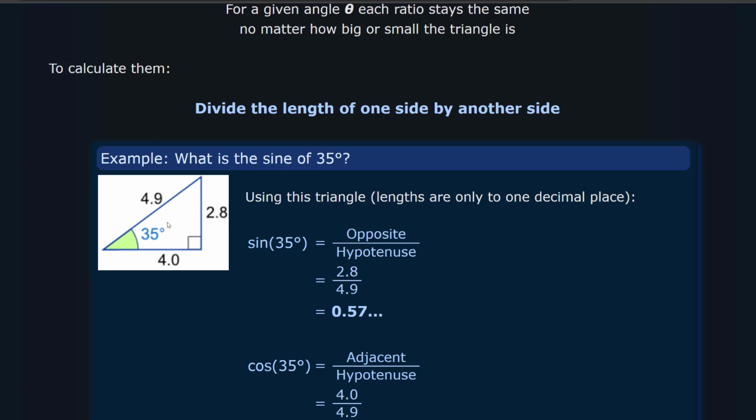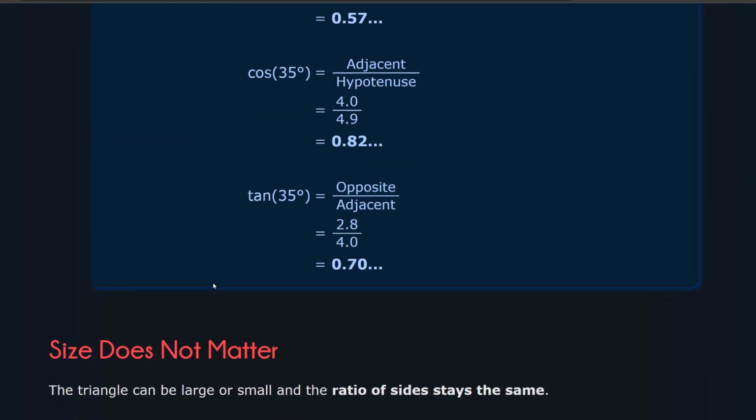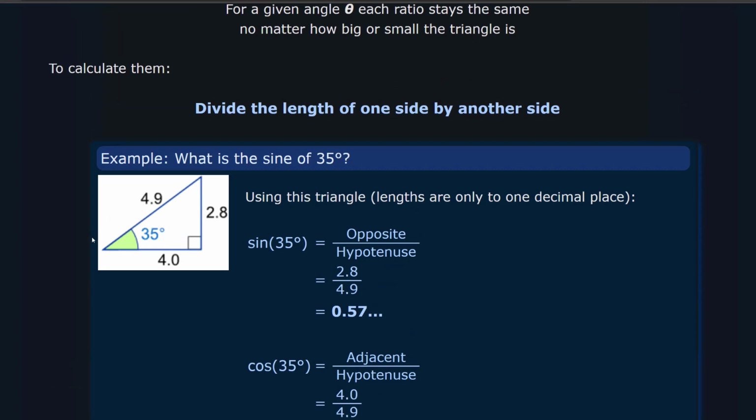For example, here we have a triangle with the opposite side 2.8, the adjacent side 4, and 4.9 which is the hypotenuse, and the angle here is 35 degrees. We can measure that with a protractor. The ratio between the opposite and the hypotenuse is the sine of 35 degrees, which is 2.8 over 4.9, which is 0.57. So it doesn't matter if we extend this, we zoom in, we make another much bigger triangle,